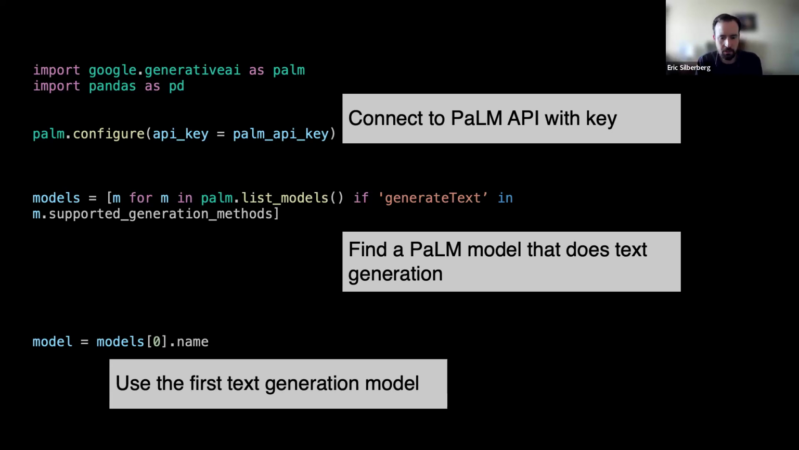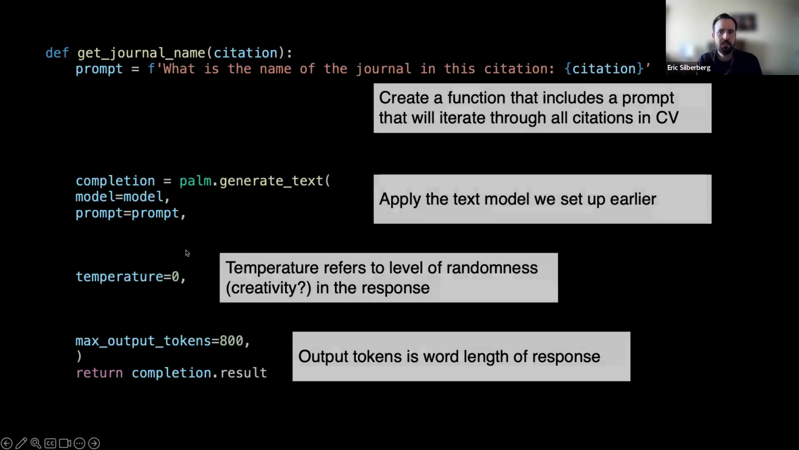There are other models that do image manipulation and that sort of stuff, but we just need something that can work with text. And at the end, we select the model that we want, which is the first text generation model that Google makes freely available. And then once I've initialized the PaLM API and selected the text generation model, I can then apply